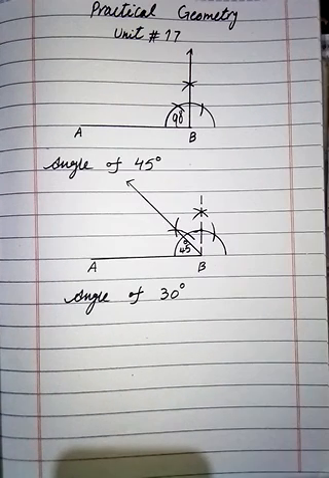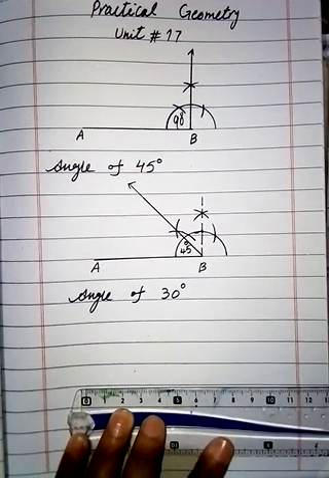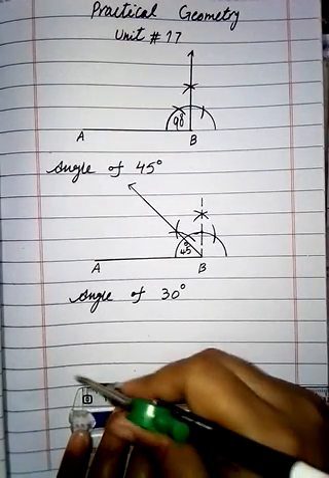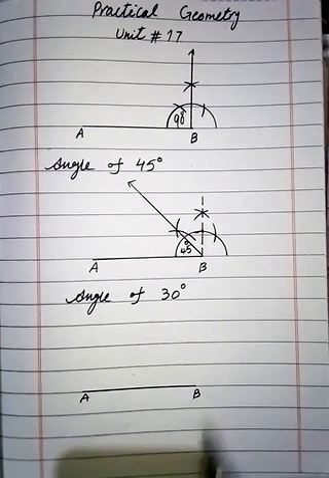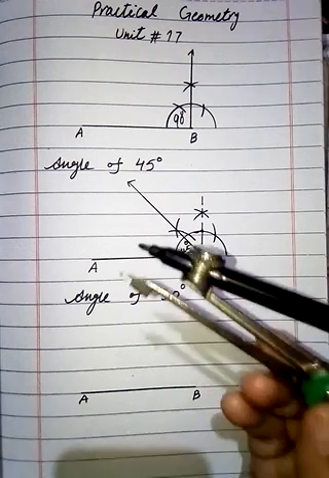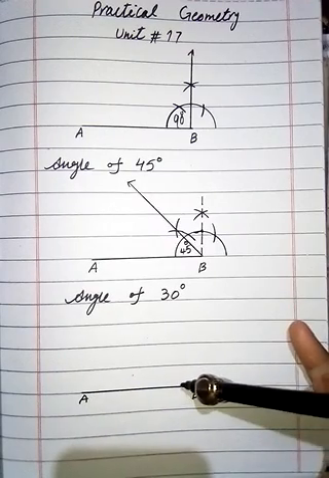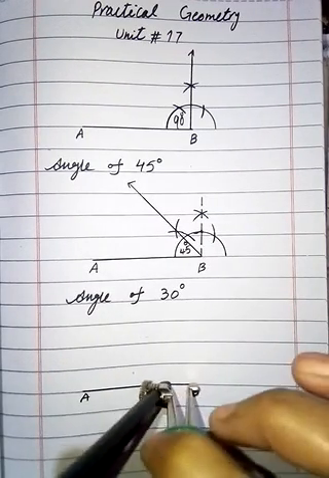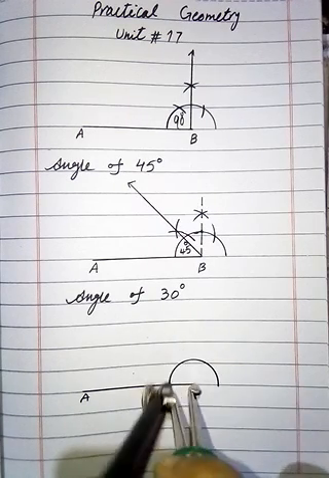Next, you have to construct the angle of 30 degree. Now you can draw a line segment of 6 centimeter. Now name it as A and B. Now check that 30 is the half of 60 degree and take the double of 30. 30 plus 30 equals to 60 degree. So you will take help from the angle of 60 degree. Now open compass with suitable radius. Put compass at point B and draw a semicircle like this.